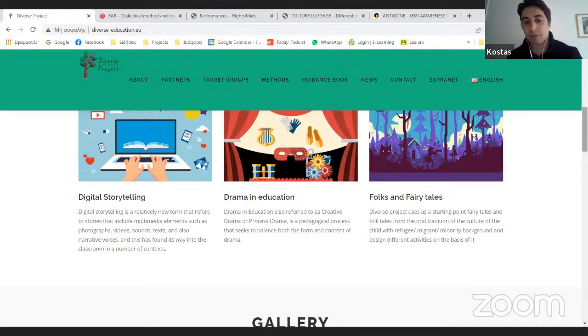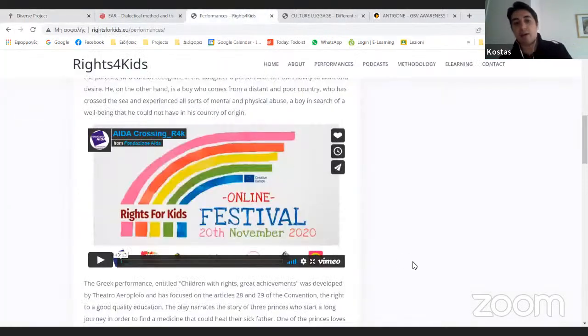that this is a method that the teachers were not aware of, but they have used it, and they have seen that there's a great potential to talk about different issues in relation with human rights, but also the rights of the students themselves. Talking about the rights of the students themselves, I would like to give the example of a project where Dark Theater was also a partner, the Rights for Kids project, where we were focusing exactly on the Convention on the Rights of the Child. There is the UN, the United Nations Convention on the Rights of the Child, and